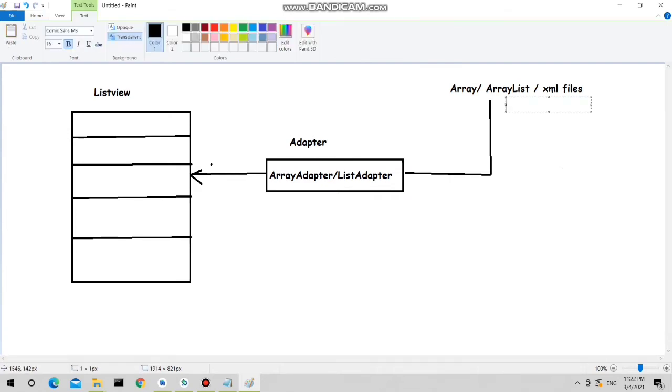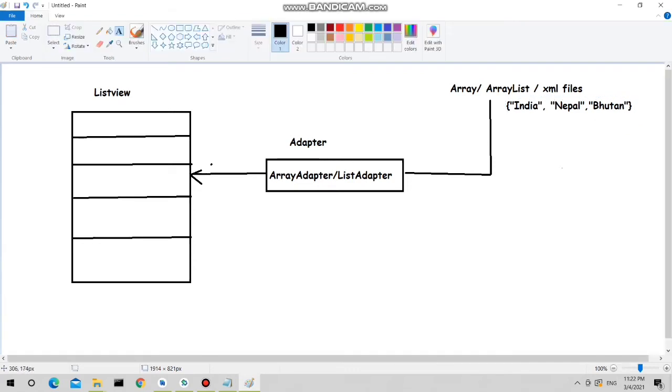Consider that in my string array these countries are stored, and I'm going to set these countries to this list view.